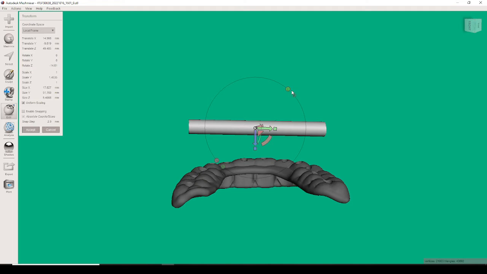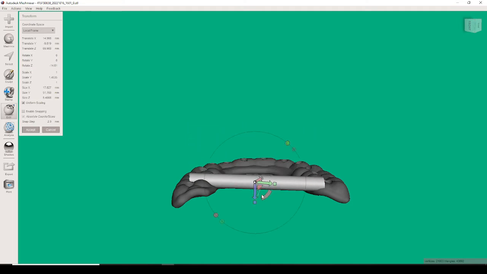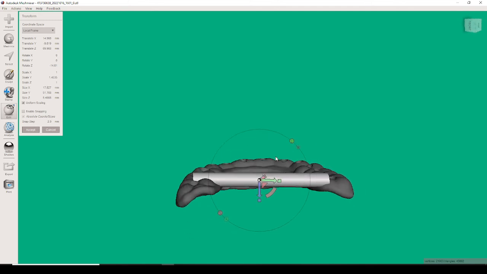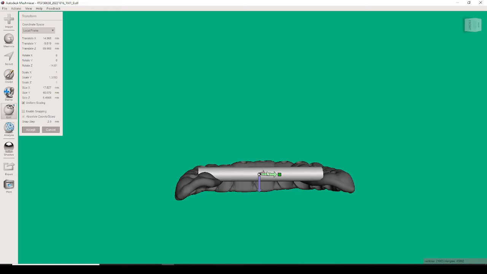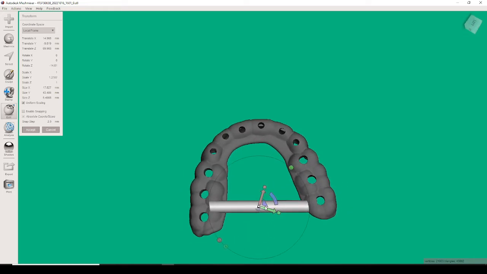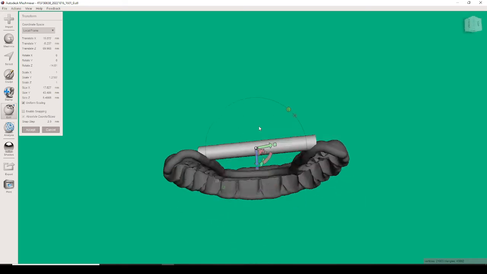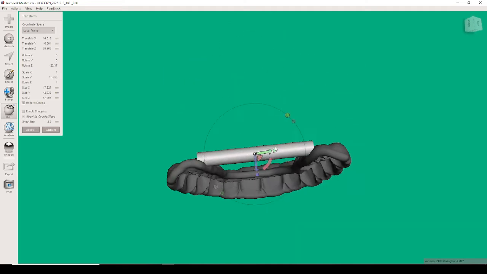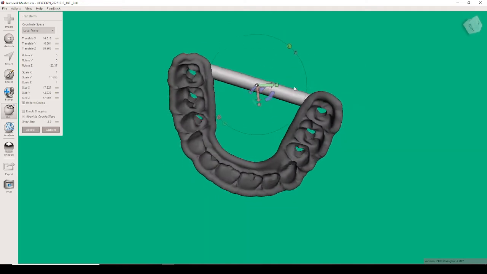So L means local, W means world. Sometimes I have to click one or the other for it to actually give me the shape that I need. But I haven't figured out why it doesn't always work for me. But I can always make it smaller and it's not pretty, but it actually will hold things